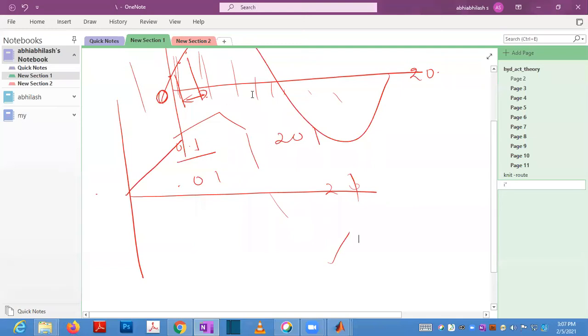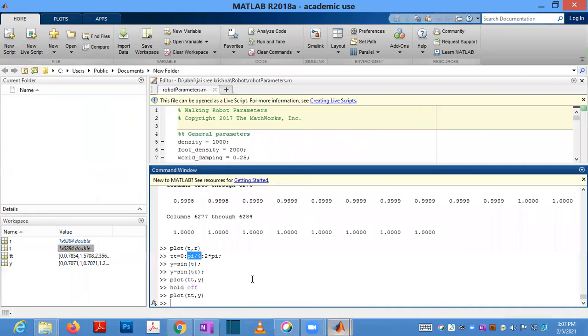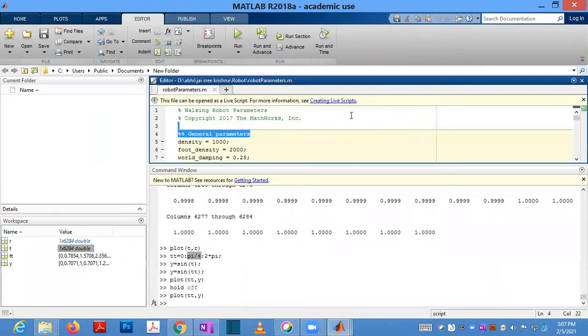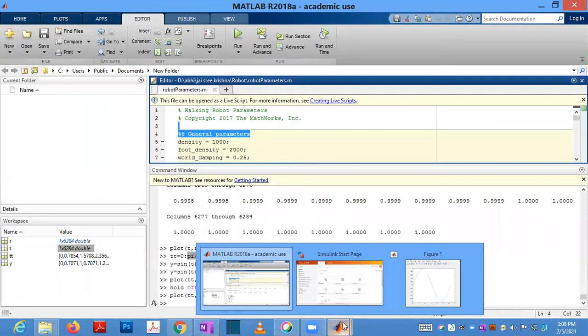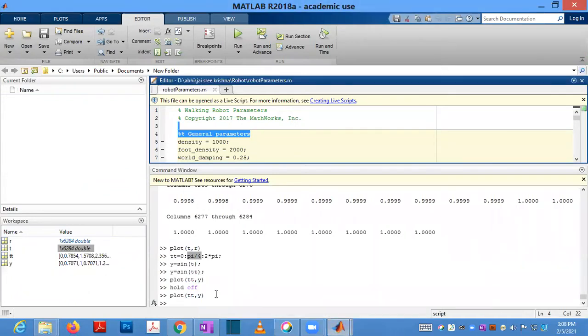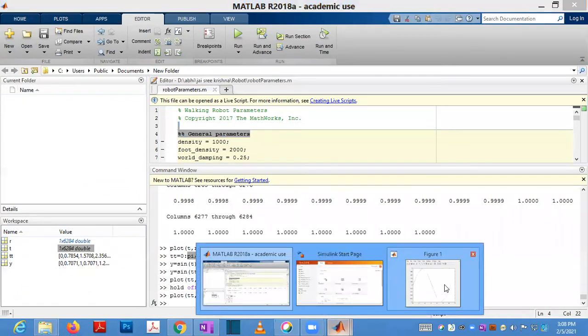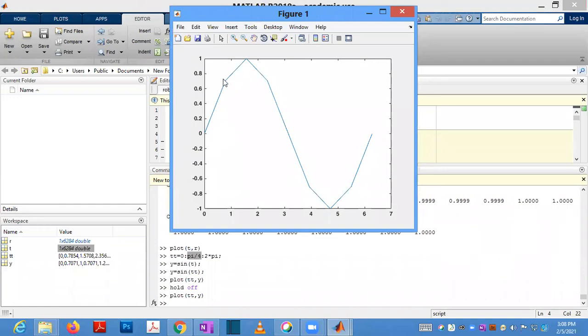You cannot get a perfect sine wave. For a perfect sine wave, you have to make the time step very small. If you are using 0.1, it is fine. 0.001 is better. 0.0001 is even better. You will get a pure sine wave. So whatever time scale you choose, that much the plot will look like a sine wave.